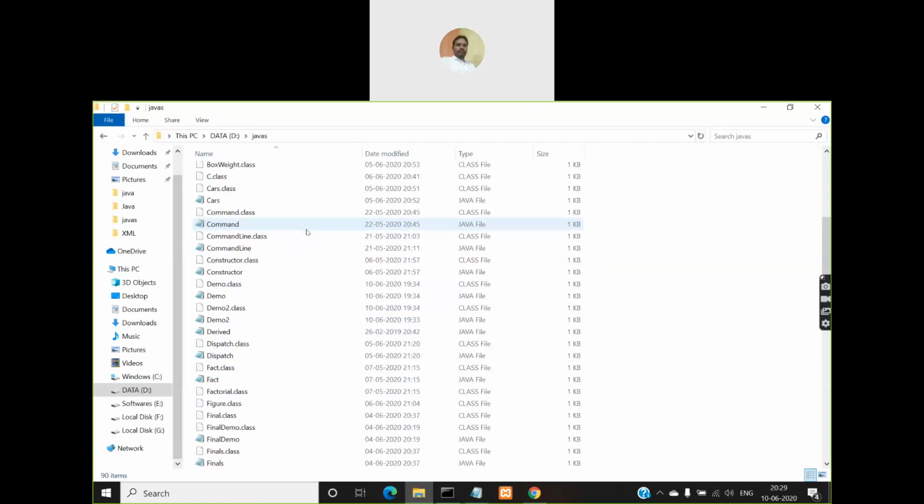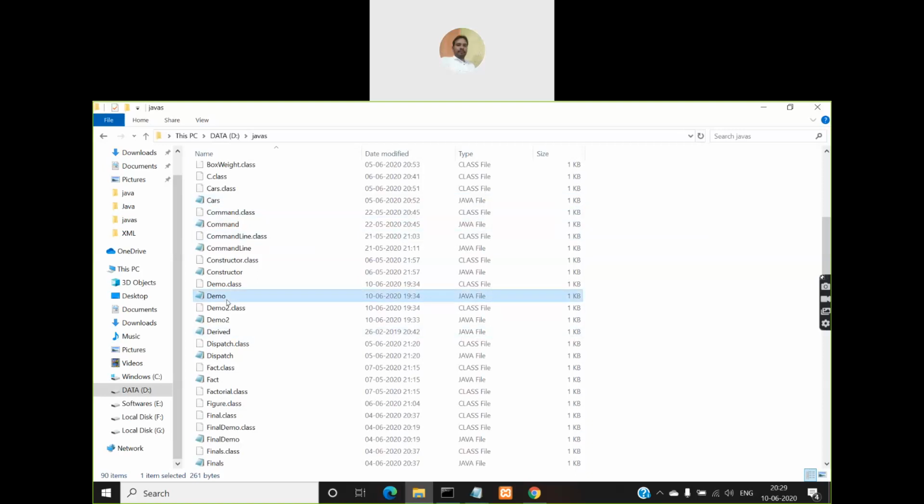In my program, say in this cars program, I have a class called A, capital letter A. Then in another program, say demo, I also want to define a class with the same name, class A.